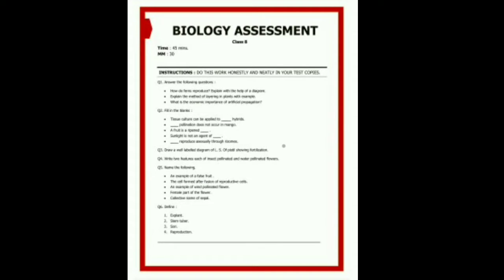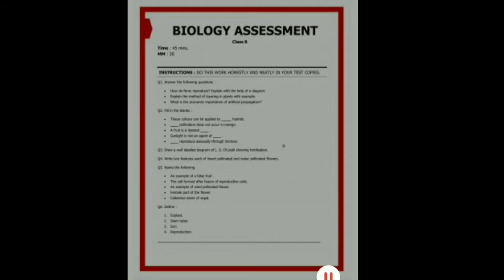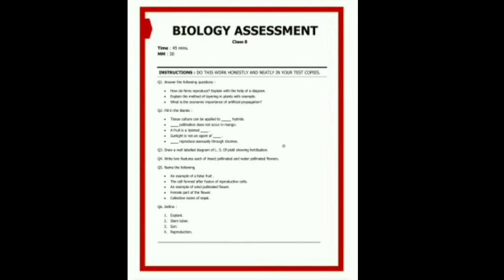You have to give the diagram of the reproduction of ferns along with the explanation. Explanation is that the plants like ferns reproduce by forming spores, and the spores are produced in a round structure called sporangium. When the sporangium bursts, the spores disperse in air. The spores are lightweight, so they are easily carried to distant places by air and water. During favorable conditions, spores germinate and give rise to new individuals. Now this is the diagram that you have to give along with the explanation.